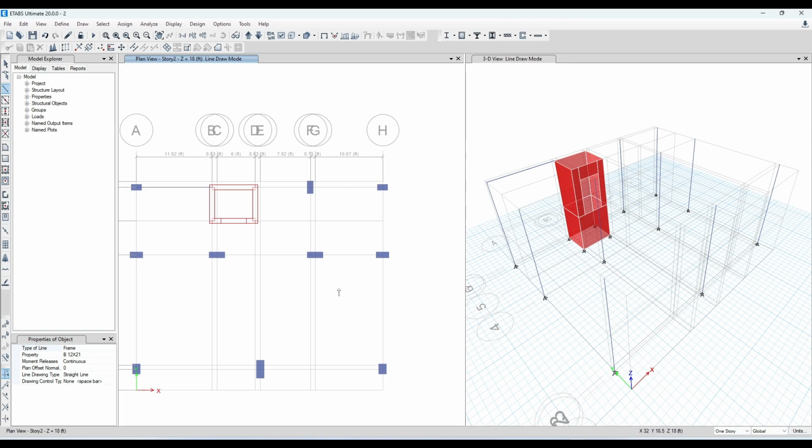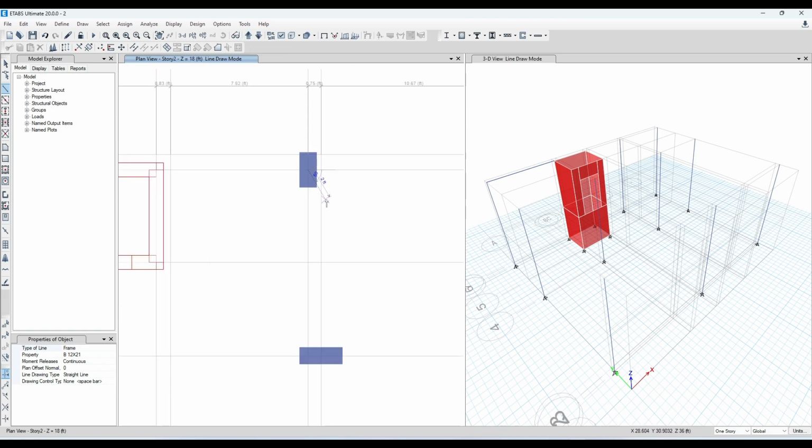Okay, next, here we will not model any beam, because there will be a landing beam at other level. That means this is 18 feet and this is 8 feet. That means mid between this story, at 13 feet there will be a landing beam. For this, we will not model beam in this position. Okay, this roof beam will not be present in real structure, because in 5 feet distance we can't provide 2 beams due to architectural reasons. If we provide this, we can't set window here. Then go to the next one.